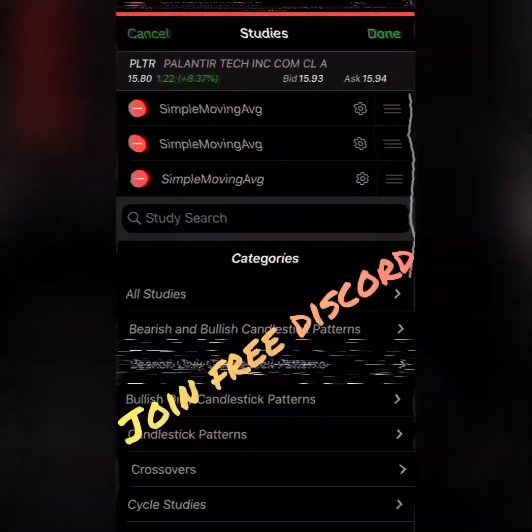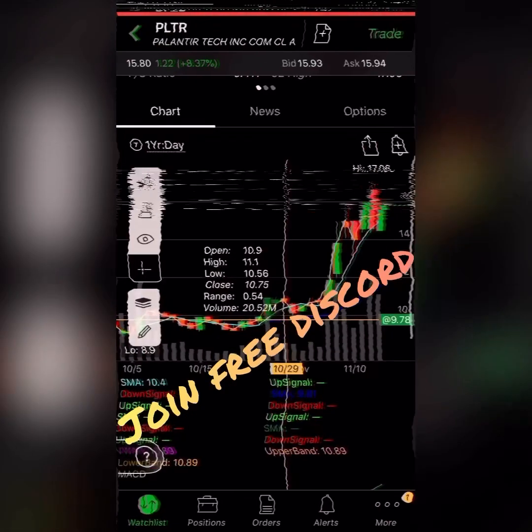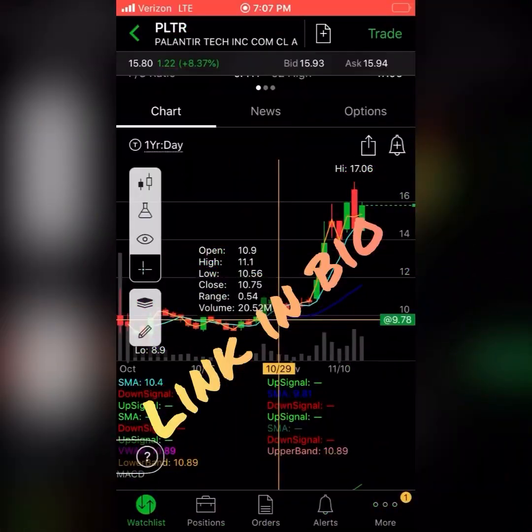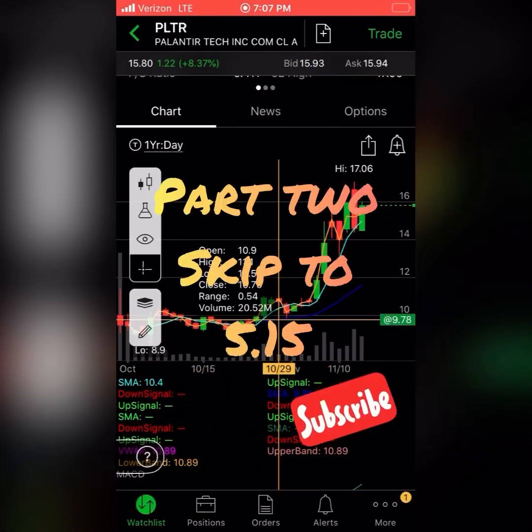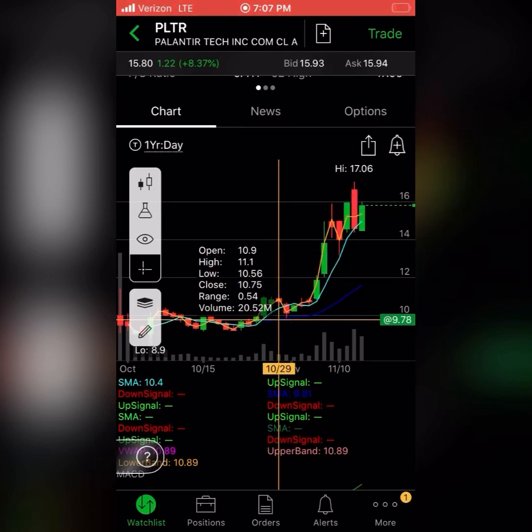Alright guys, we're going to take a look at my technical setup that I've used that I find is very reliable. Remember, it is technical analysis, nothing's 100% right all the time. I generally find it to be correct about 80% of the time, which even that is a stretch to say,